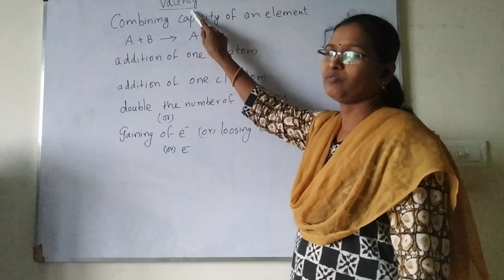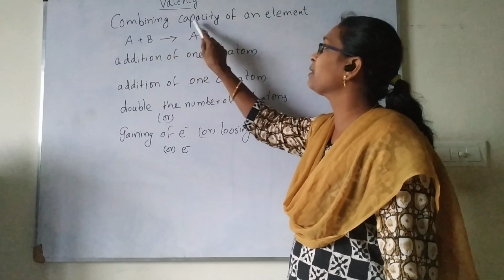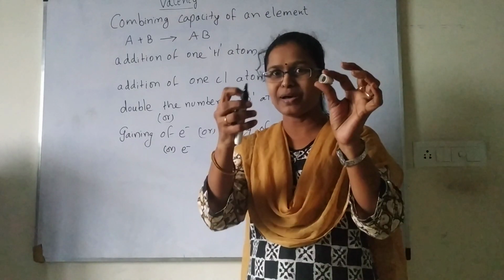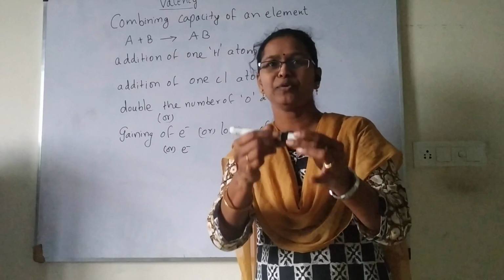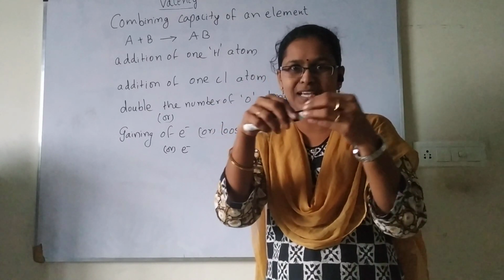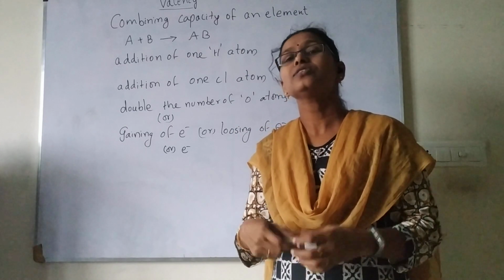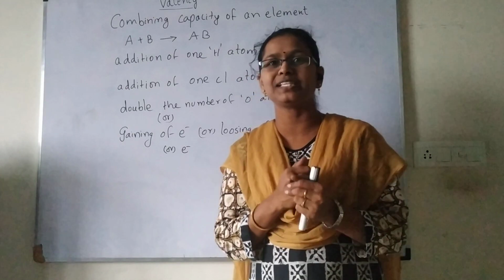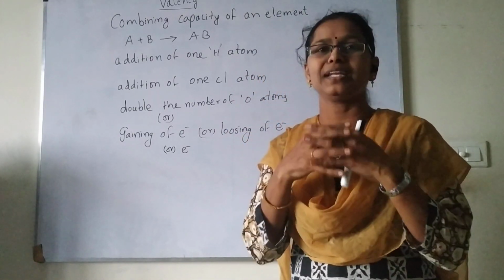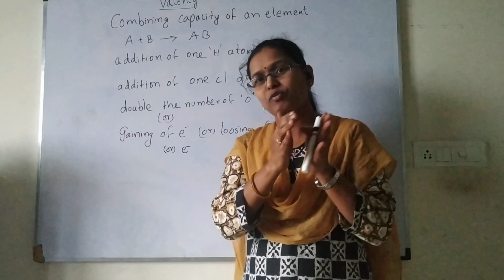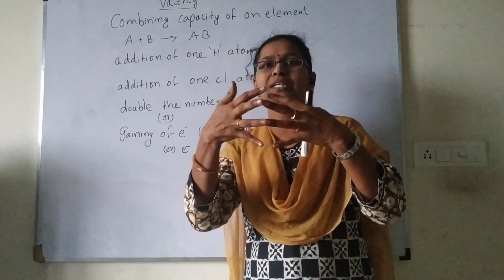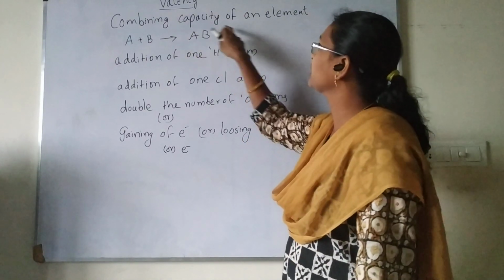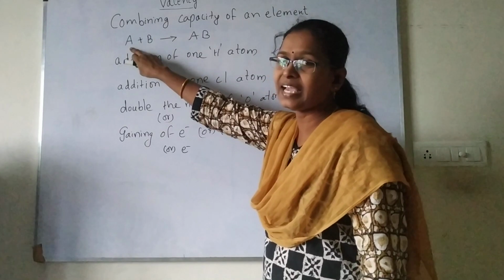So valency. What is meant by valency? Combining capacity of an element. For example, see here, this marker is there. I am using some capacity, like force, in the case of a pen. But in the case of elements, how can we say? By attracting, by combining. One element combining with another one is the capacity of that particular element, and we say it is the combining capacity of an element. So here I wrote the definition,